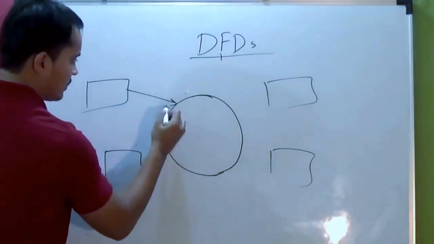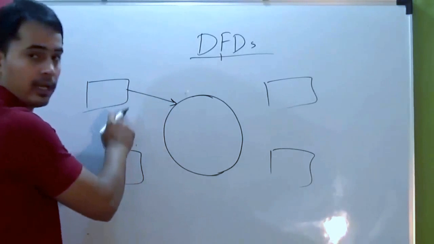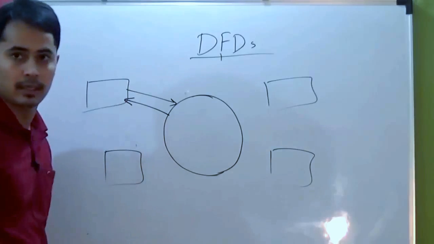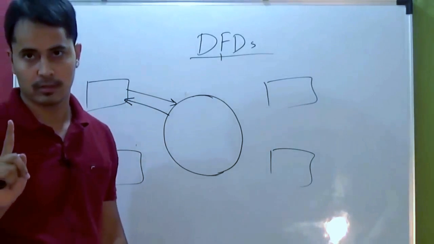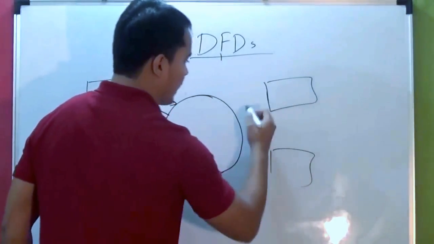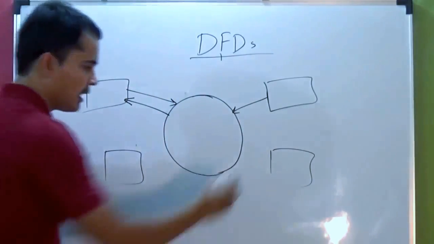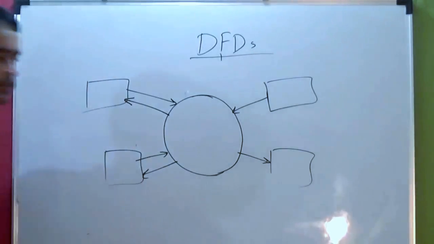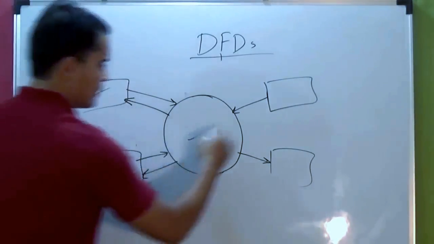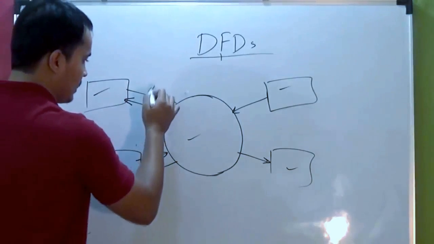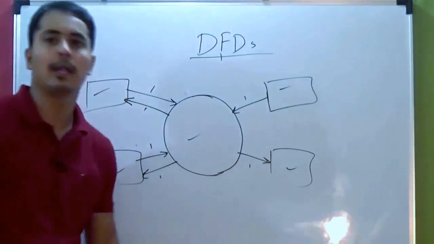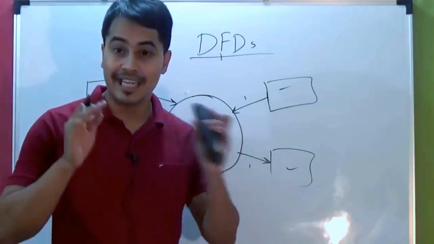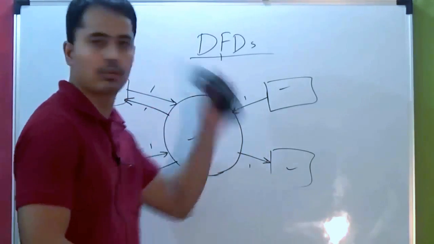The arrows are shown. If there is a data input from the entity, it is shown like this. If it reads the data, then it is shown like this. Remember, there are no bidirectional arrows, always. So if this entity only gives the input, great. If this entity only reads the data, great. If it gives both, then great. Again, one thing, you have to label this, and you have to label this. Label everything. You have to label everything in a meaningful way. When we draw a DFD, very soon, we'll go through this entire thing.